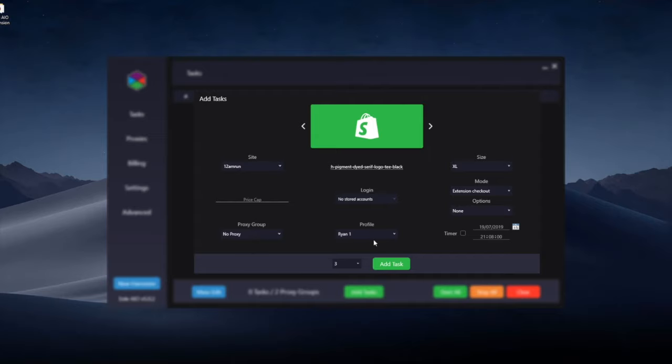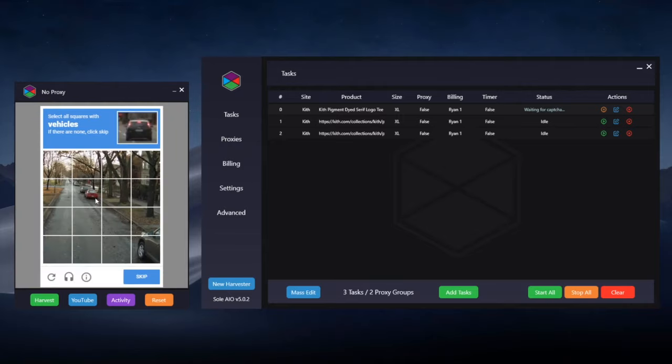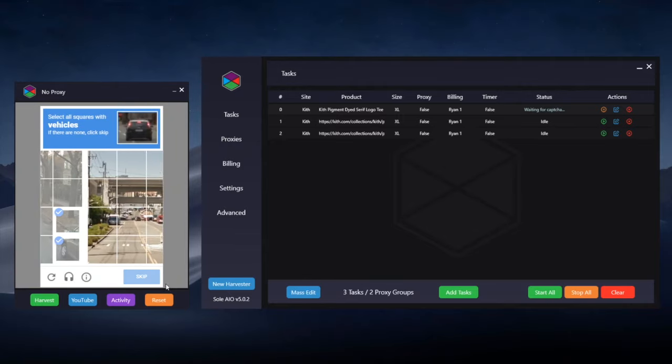So once you've created the tasks, you can choose as many as you need. I'm going to make sure I set the site to KIF just for testing purposes. Now that these have been created, I've opened the harvester and I'm going to start a task just to show you. So I'm going to start it, it'll create the checkout, it'll then add to cart, load the checkout. As soon as the captcha's been solved, which I'll solve now,